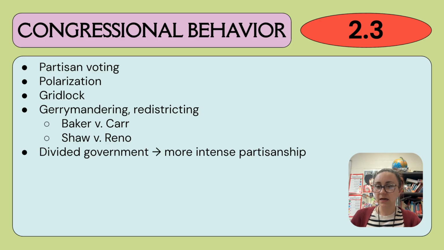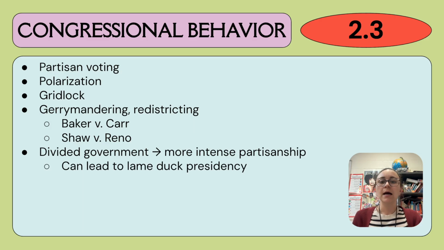the idea of partisanship. So you need to know the term partisanship. This is the idea of being very loyal to your party and not willing to see the other party's side, which I'm sure you know is very, very common, very, very typical in Congress. And so this can lead to some issues, specifically in a divided government. A divided government is, like I said earlier, when the House and Senate are one party and the president is another party. Now, as of 2026, both of those branches are Republican, which has led to